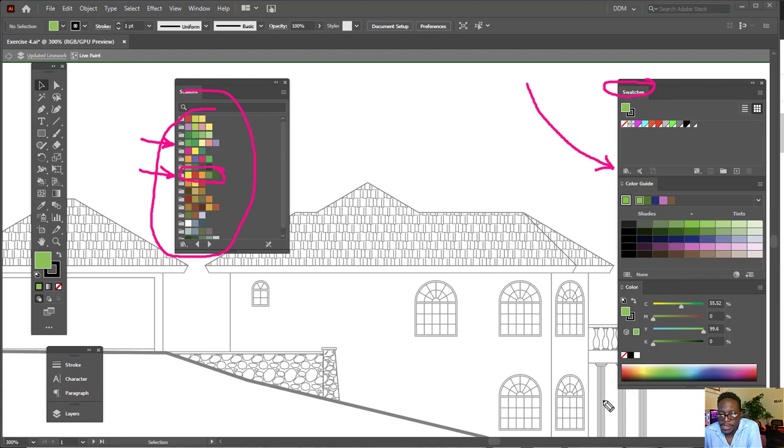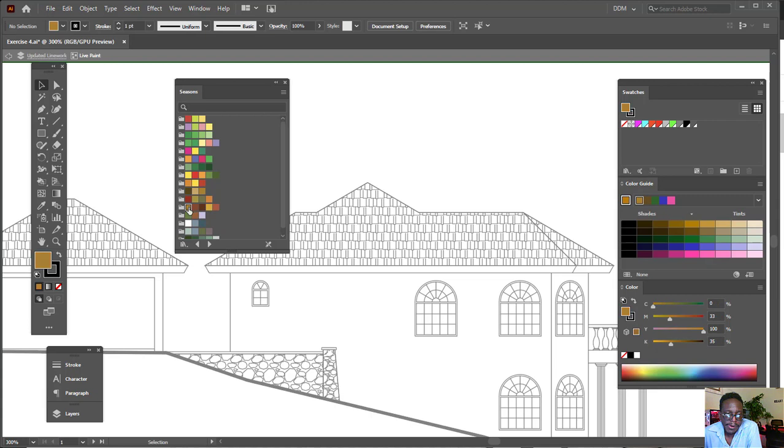Now, the next step that we would use, let's say that we might like one color out of this set here, but maybe we don't like the other colors in the row. Well, so I'm going to pick, let's choose a kind of burnt orange color, maybe earthy burnt orange. Maybe that's too dark, maybe that one. So let's say that this is the color that I like here. Now notice when I select that color, it also shows up on my swatches here, and it is also highlighted on my color guide here,